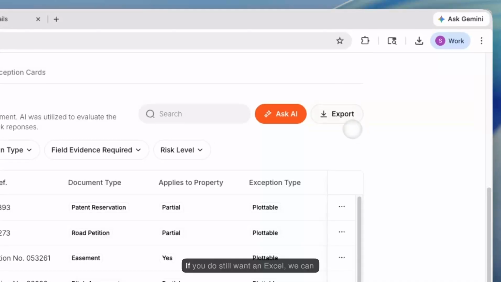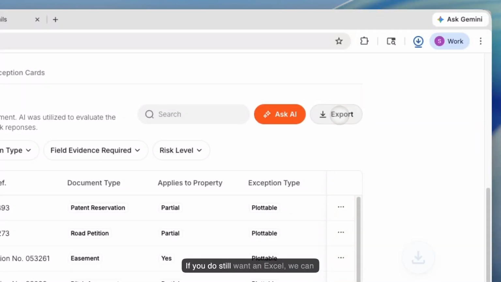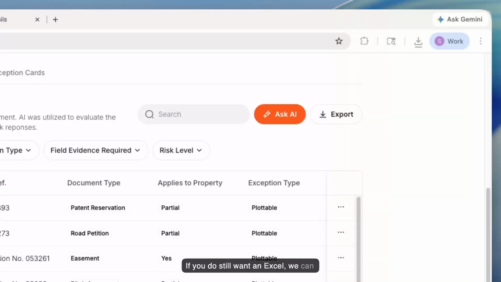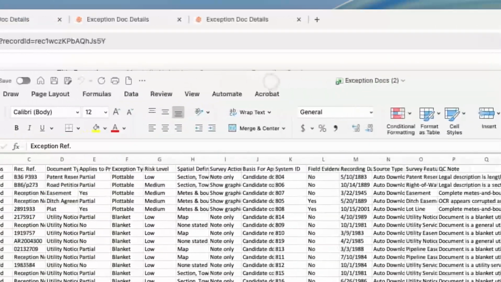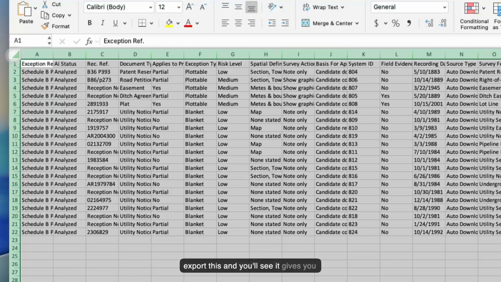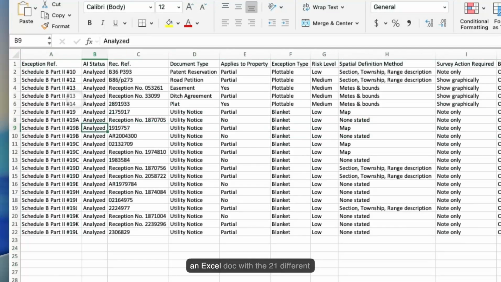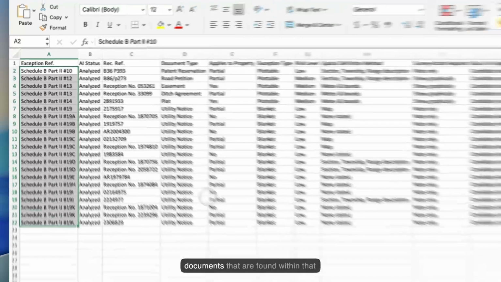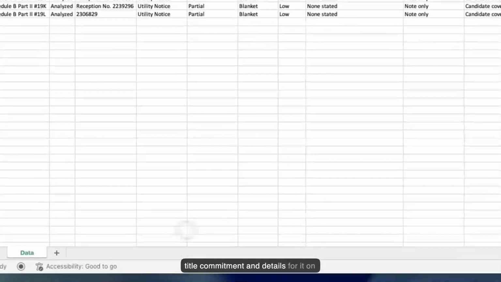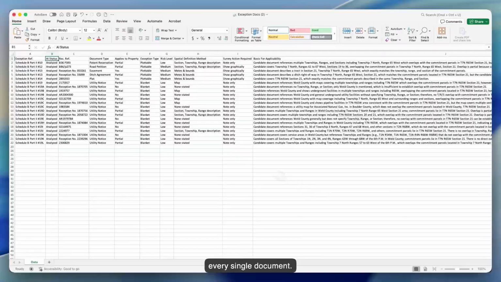And if you do still want it in Excel, we can export this. And you'll see it gives you an Excel doc with the 21 different documents that it found within that title commitment and details for it on every single document. So the hope is that this helps save some time and be more efficient and allows staff